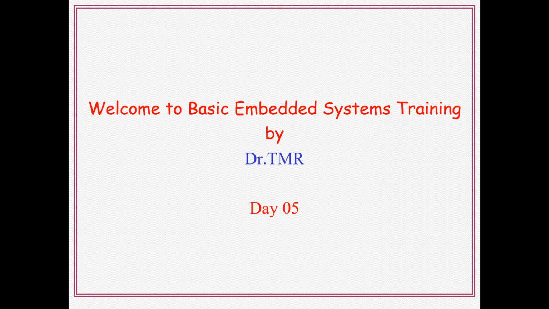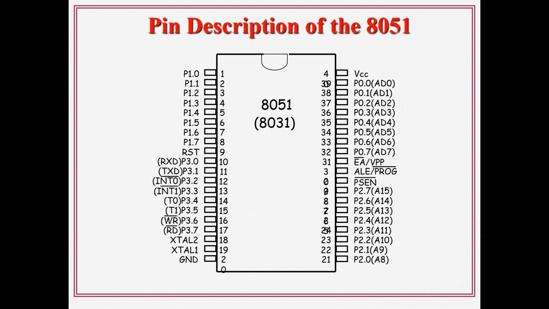In this session, we will discuss the 8051 microcontroller pin diagram. The 8051 microcontroller is a 40 pin IC in a dual in-line package. That indicates that on both sides an equal number of pins are available: left side 20 pins and right side 20 pins. The left side pins are